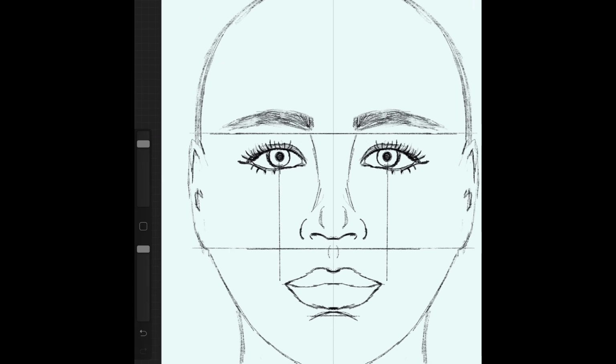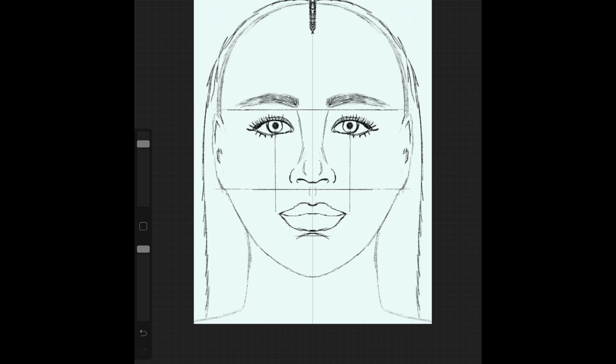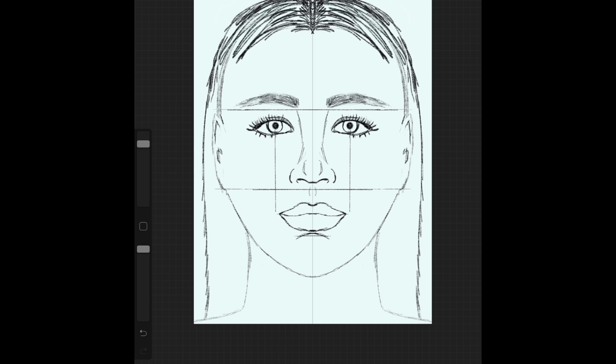Now that I have my eyelashes, I am going to move on to another detail, which is going to be my hair. So I'm actually going to draw where that kind of middle part should be, and your part can be really anywhere. But I'm going to draw that middle part and kind of draw out the general shape that I want for that hair. I'm going to start to add those hair strands, kind of pulling away from the scalp, and I'm going to start adding a little bit of texture here. And now that makes that forehead look a lot more believable. So I'm adding all of these strands of hair,